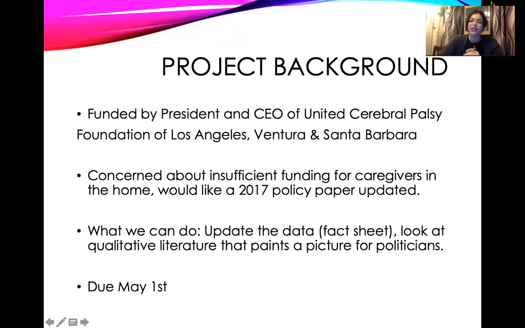So what we can do to help them get the money that they feel they need for caregivers is create a fact sheet, look at the data that was available in the 2017 paper, and see if we can get something more current. Because if something is published in 2017, it's likely that the data is probably from like 2014, something like that. And so if we were to get actual 2017 data, that would be much more current than what they have now. So we can create a fact sheet, and that is not exciting for me, but some people find that